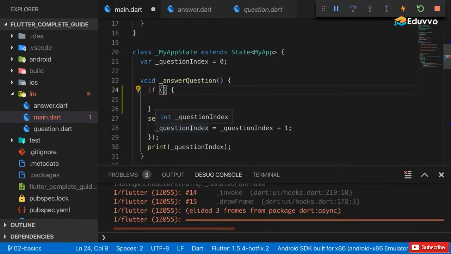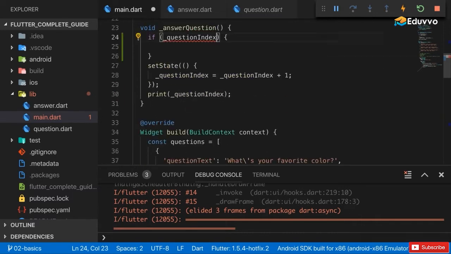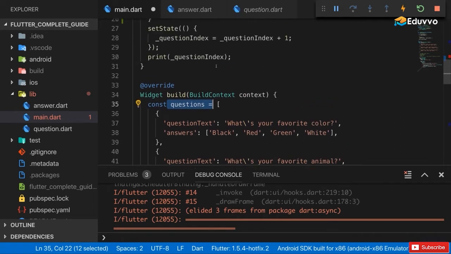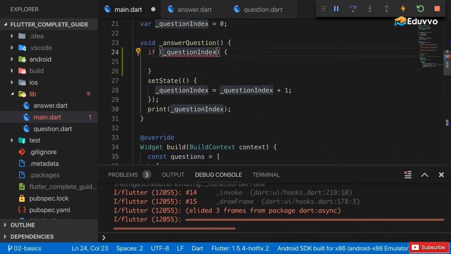And here our condition could be that we compare the question index to the length of our list of questions. So we could check if question index, which starts at 0, is smaller than